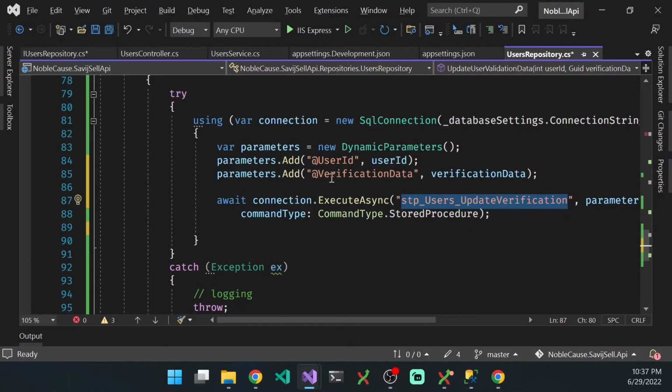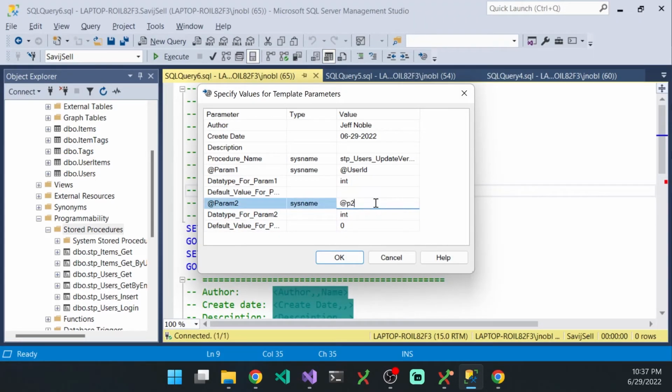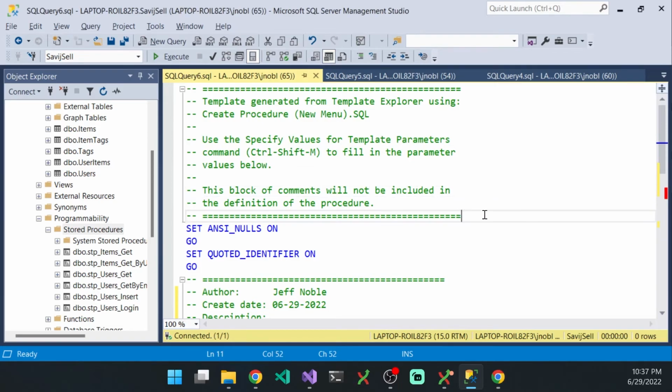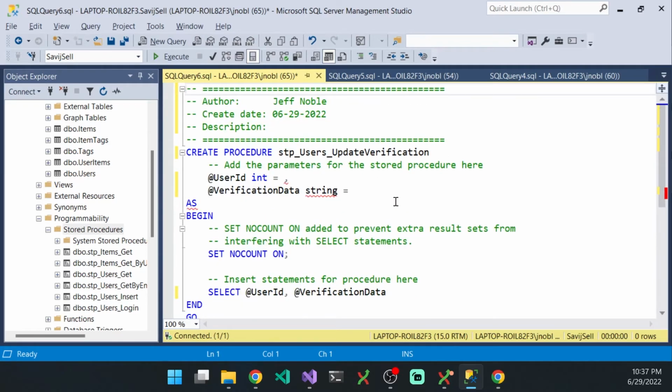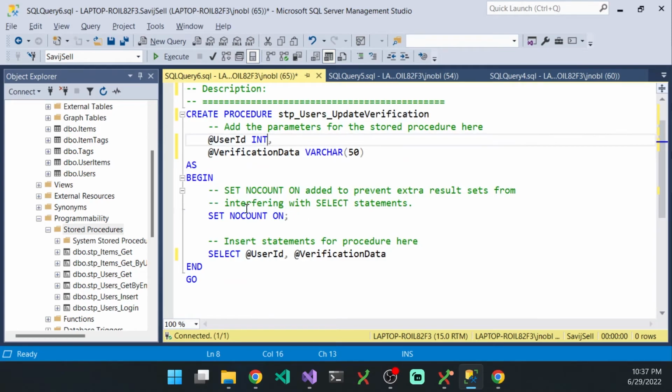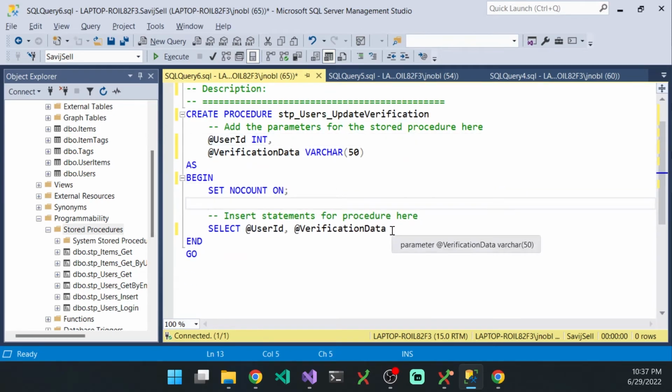And the second parameter that we're passing in is called verification data. So we'll put that. It is a string, and it does not have a default value. And if we hit OK now, we can get rid of this comment, and we can get rid of this ANSI stuff here. And so it's close. I don't need the equals. This is actually a varchar 50, and I like these to be capitalized. We don't need the. All right,